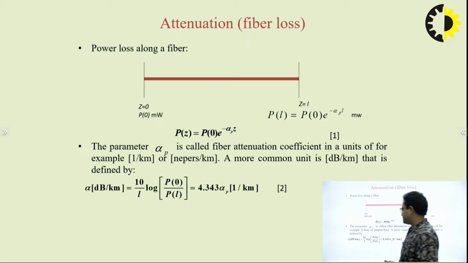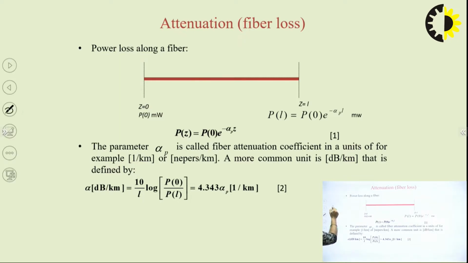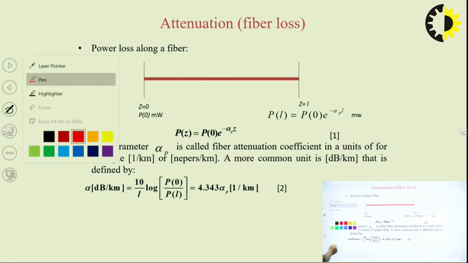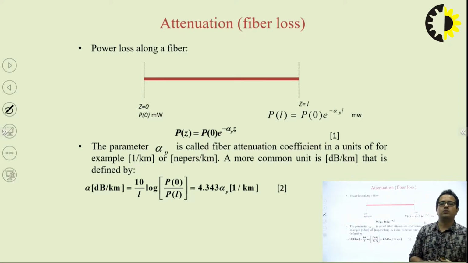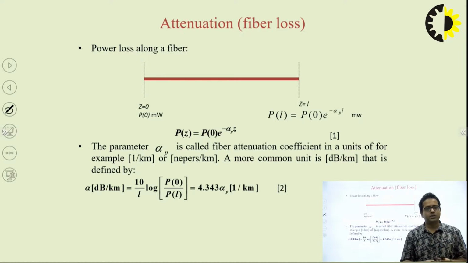So now, attenuation: how are we going to calculate the attenuation? What is the formula that is responsible for getting the value of that attenuation, so that we can predict the safer distance at which we could place the optical amplifiers. So we are taking one example, where we are considering power launched at the transmitter, and suppose